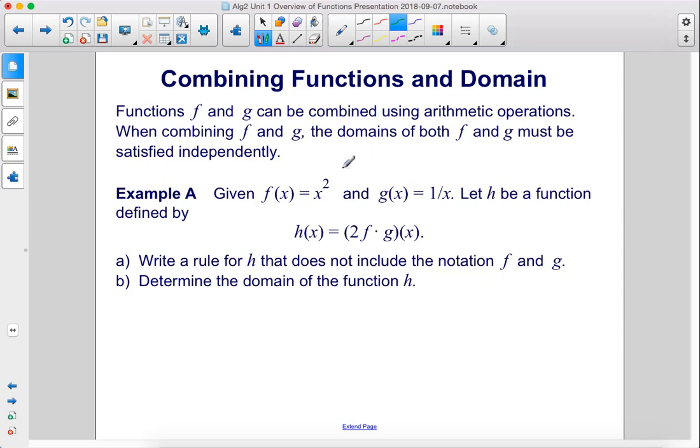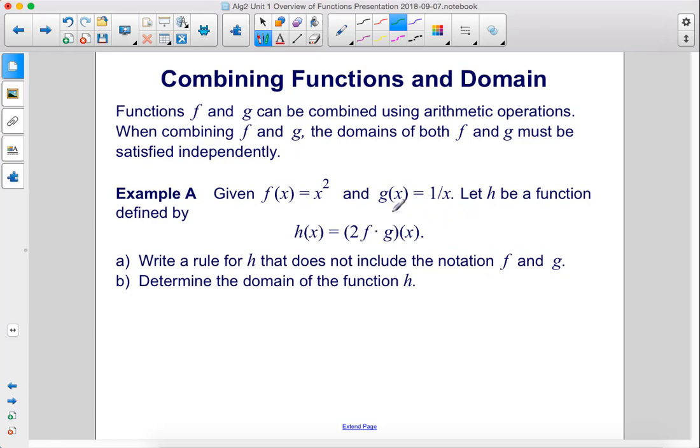Functions f and g can be combined using arithmetic operations. When combining f and g, the domains of both f and g must be satisfied independently. Example A. Given f of x equals x squared and g of x equals 1 over x, let h be